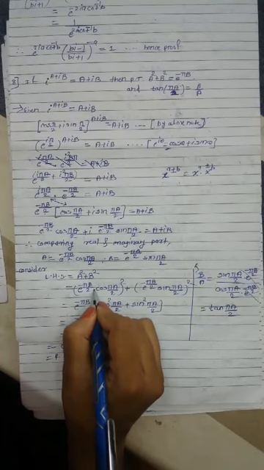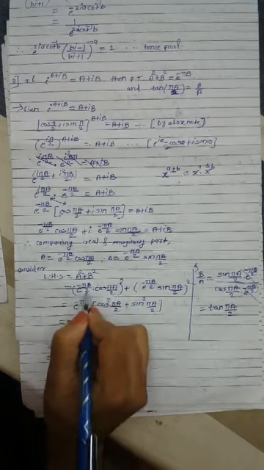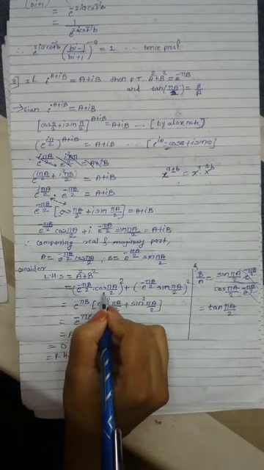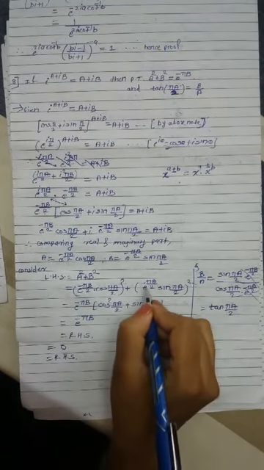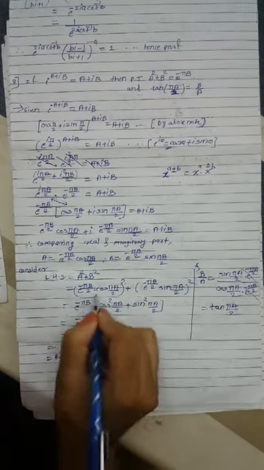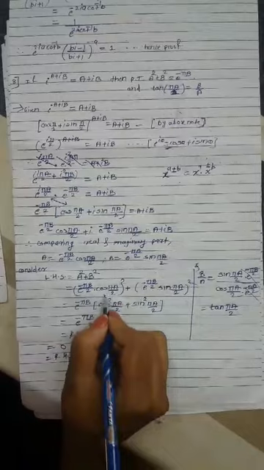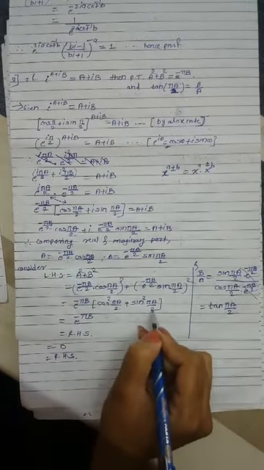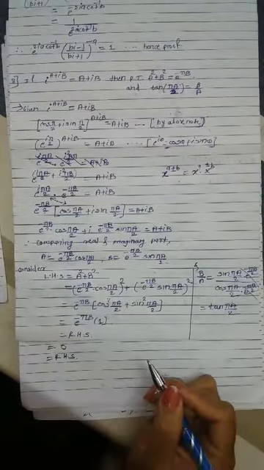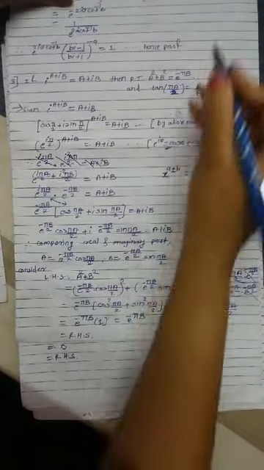To simplify, this is a multiplication, the square is attached to both the terms, therefore the 2 gets cancelled. Minus e raised to minus pi b is there, and this is cos square. Here again the 2 gets cancelled, e raised to minus pi b, the same term, into sin square. From both the terms we can take e raised to minus pi b common. In the bracket we get cos square theta plus sin square of the same angle, and we know this identity's value is 1. Therefore the answer is e raised to minus pi b, which is the RHS of the question.